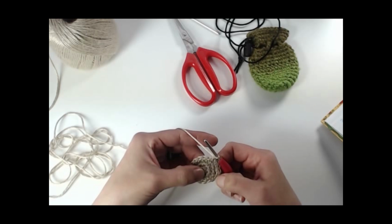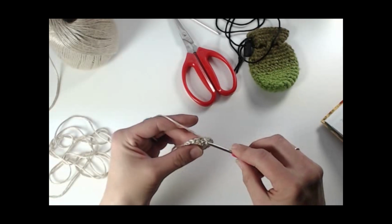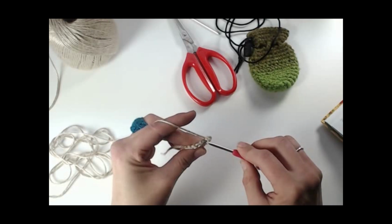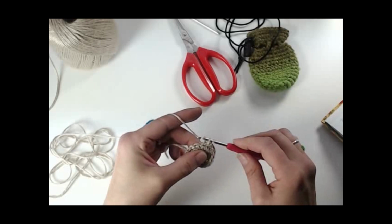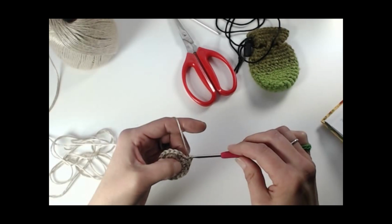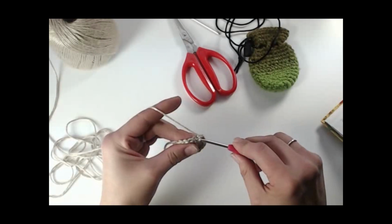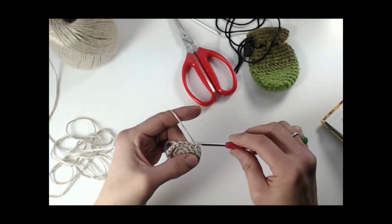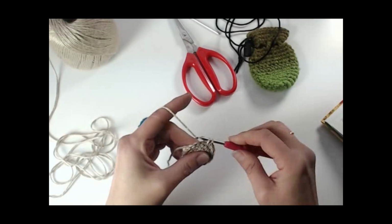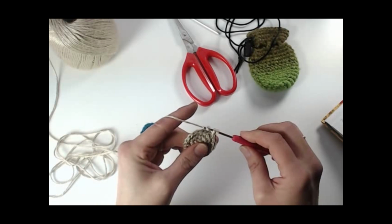Okay. So far we have 6. So here we go. 7, 8, 9, 10, 11, 12,